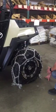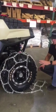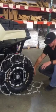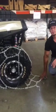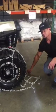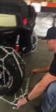So we're going to go ahead and move it forward now. Once you have your vehicle positioned over the top of the chain, you see we have 1.5 patterns out the back. From this point, we're going to hook up our outside and inside fasteners. Starting on the inside,